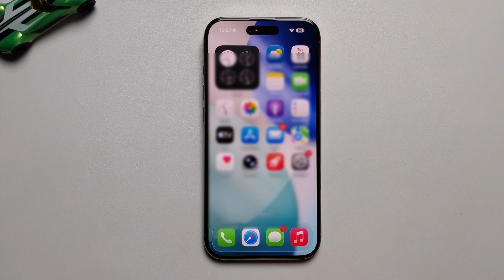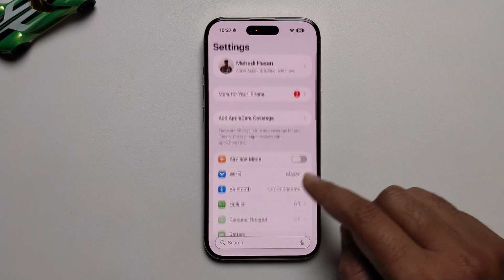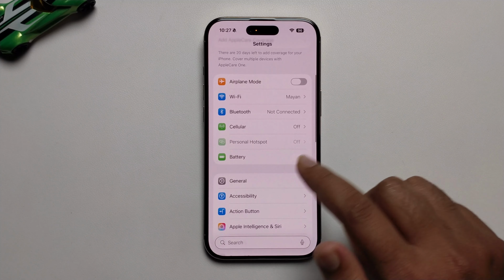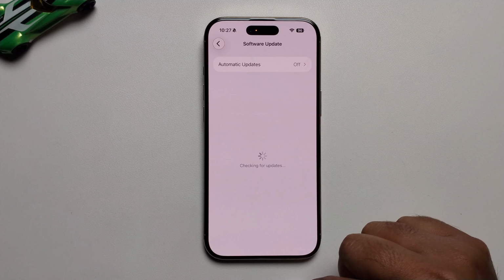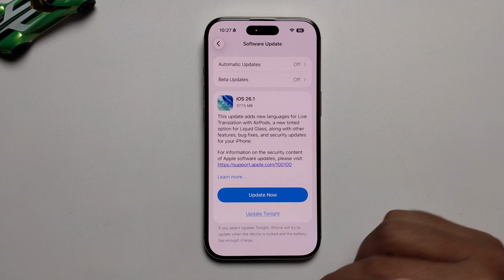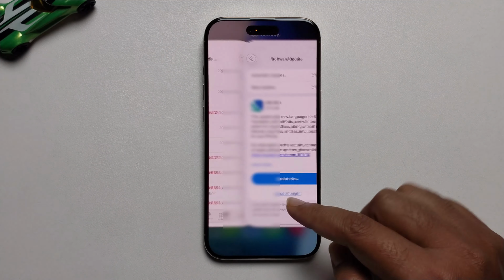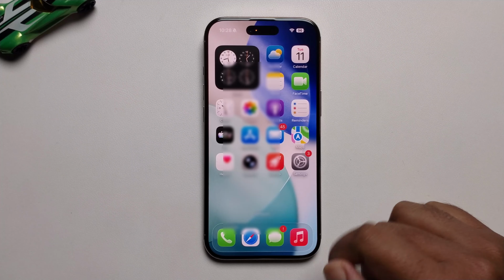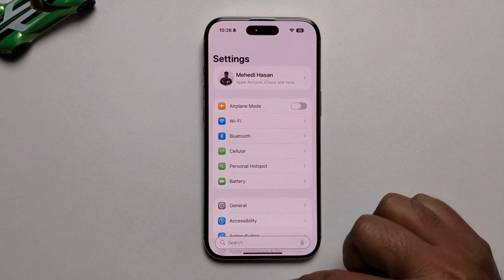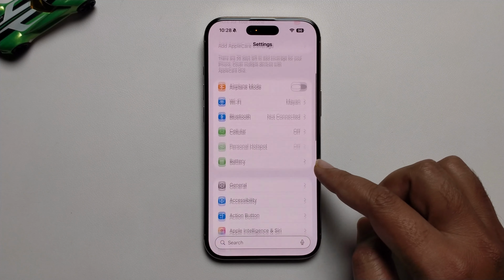Okay, at first open Settings, scroll down, and click on the General option. So after the update, look here, I've already updated to iOS 26. When I updated my iOS, the voicemail option went missing. Open Settings again. At first you need to enable a setting, scroll down,